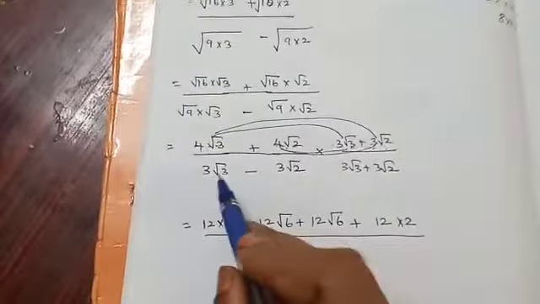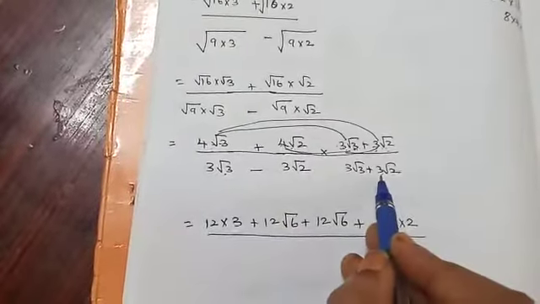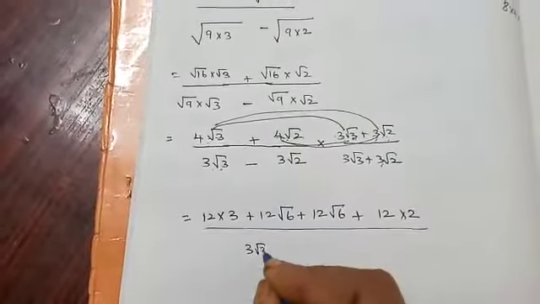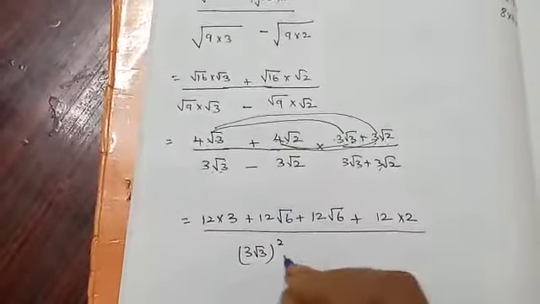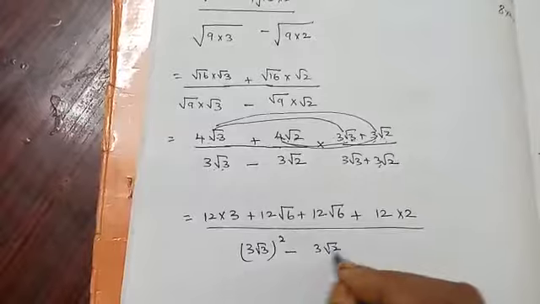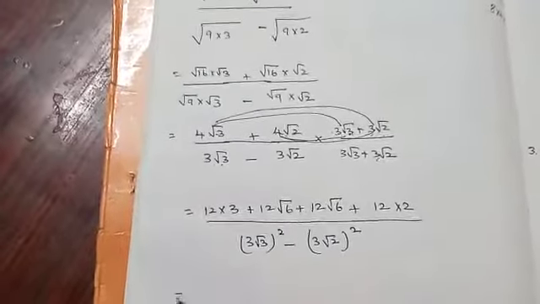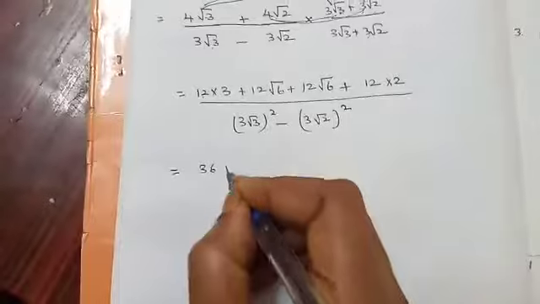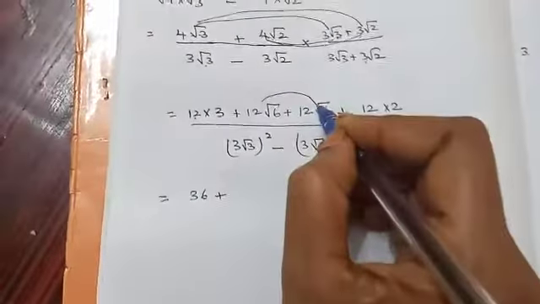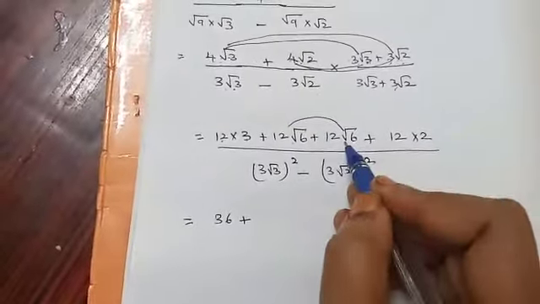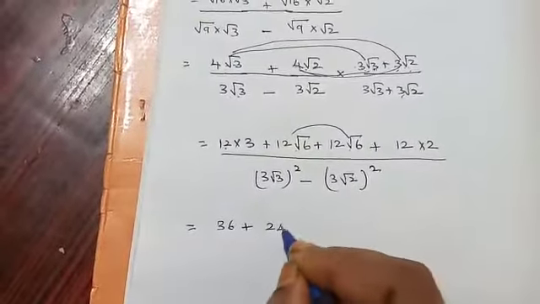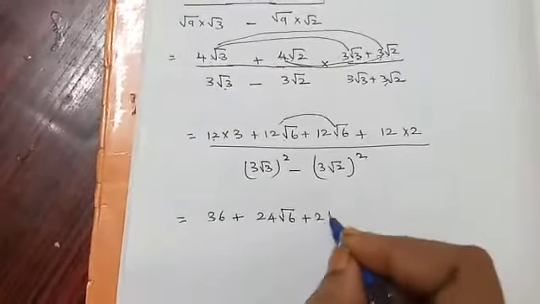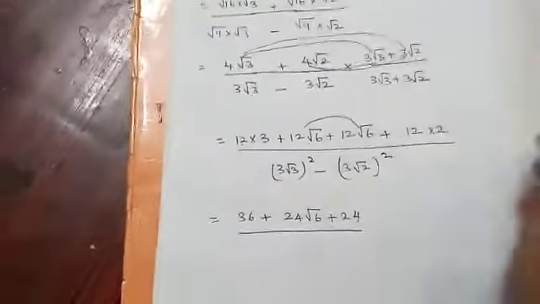Divided by, this is in the form of (a minus b) into (a plus b). That is equal to a square minus b square. So a is (3 root 3) square minus (3 root 2) square. That is equal to 12 into 3, 36 plus... Okay. So 12 root 6 plus 12 root 6 means 24 root 6 plus 12 into 2, 24, divided by